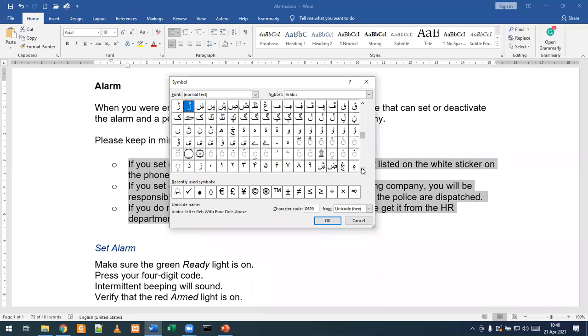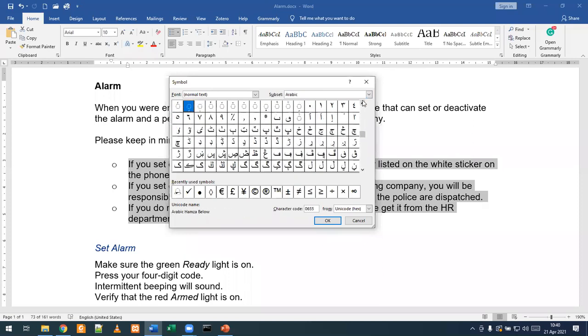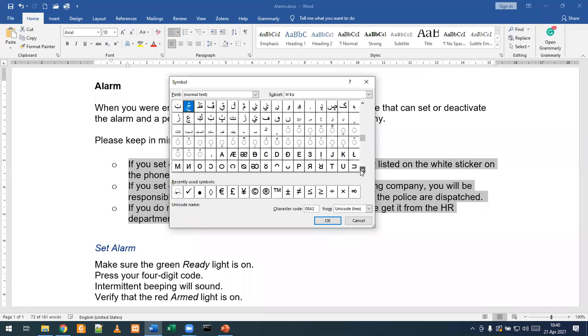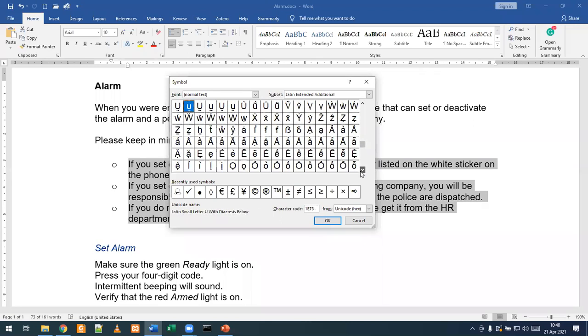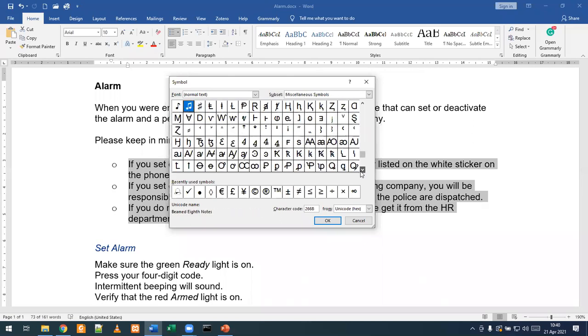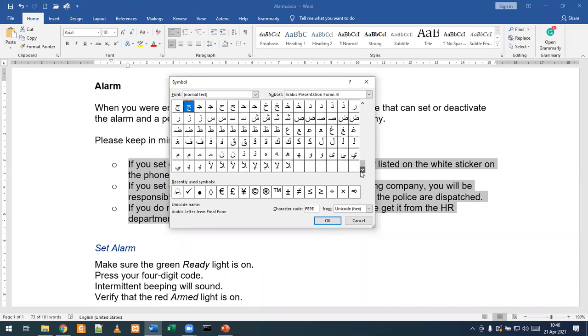Now, the question is, these are your Arabic characters, and I'm sure down the line you're going to find some Chinese and Korean and so on. Now you want the tick box. Where are you going to find the tick box? You're going to find it in this font, but specifically, if you want to find it early, you're going to find it in a font called